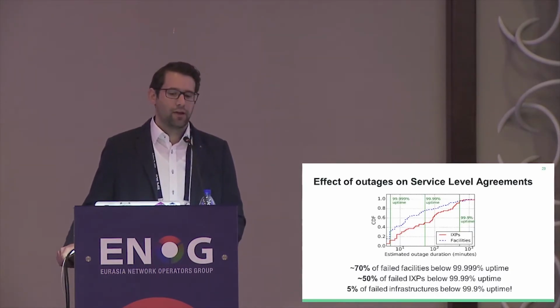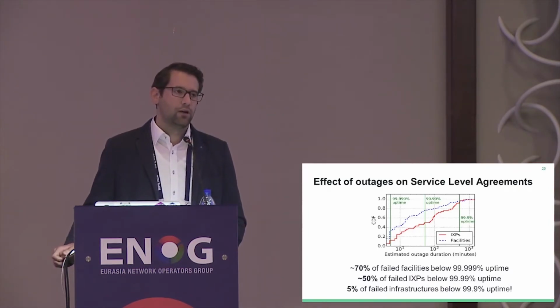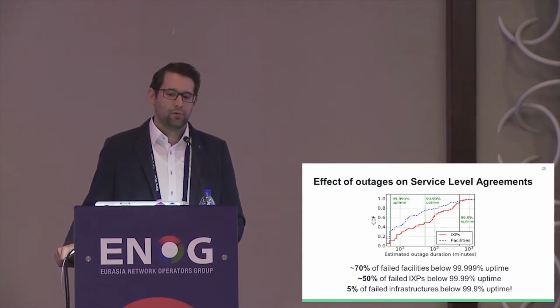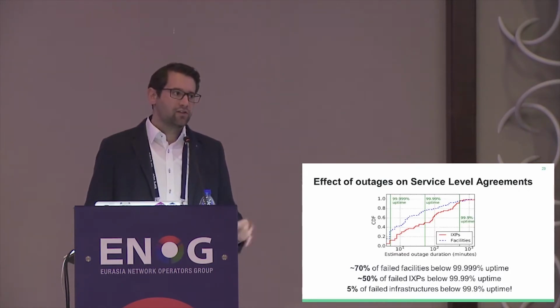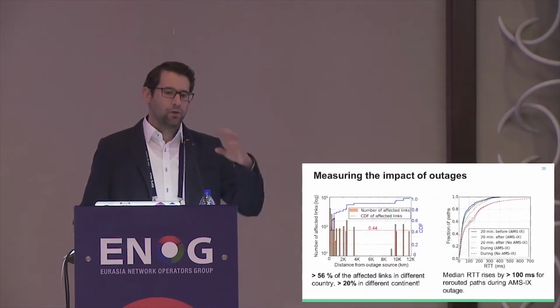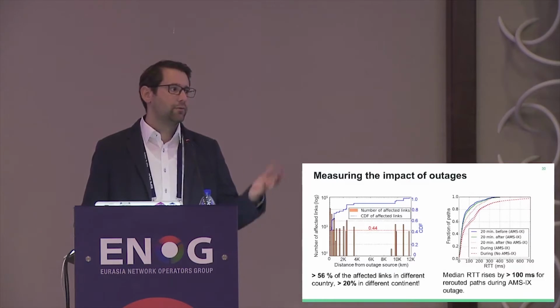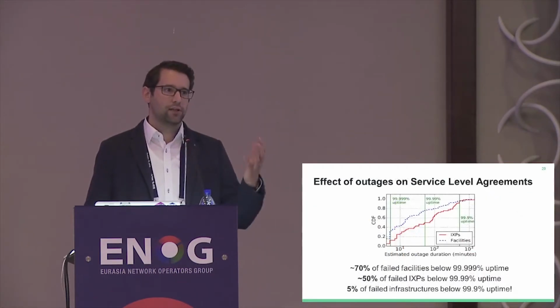And 50% of the IXPs don't guarantee their 2 nines, which they actually should according to their SLAs. And we even found that 5% of failed infrastructures are below 99.9% uptime. So actually there is a lot of room for improvement. And we see our system as a chance to validate at large scale if facilities or IXPs stick to their